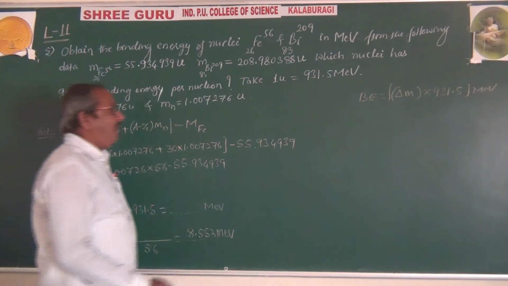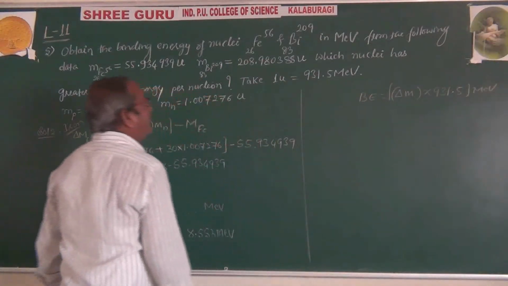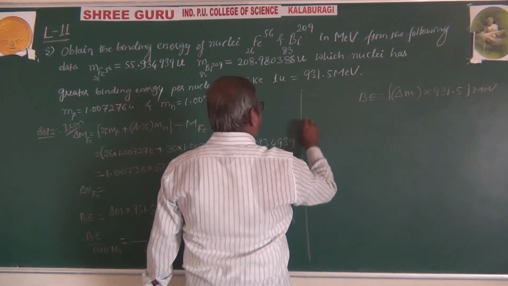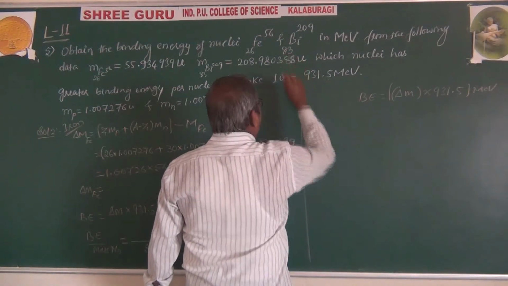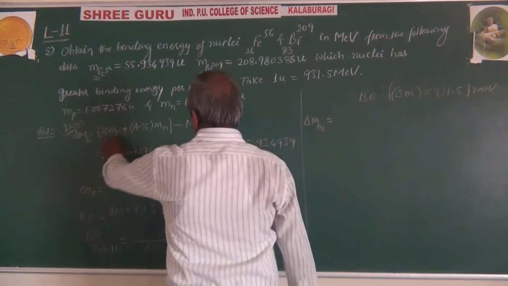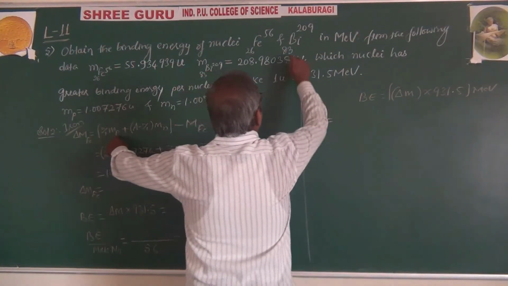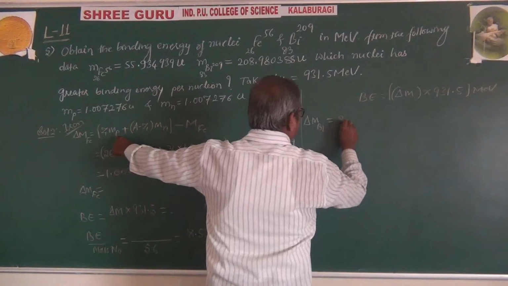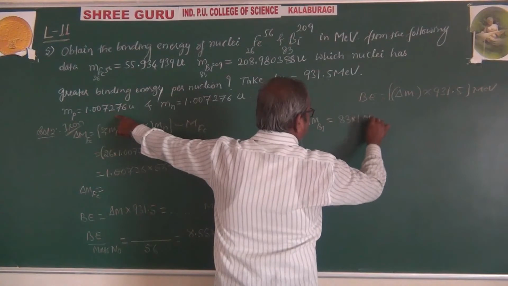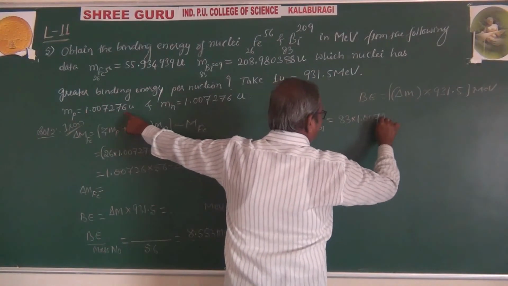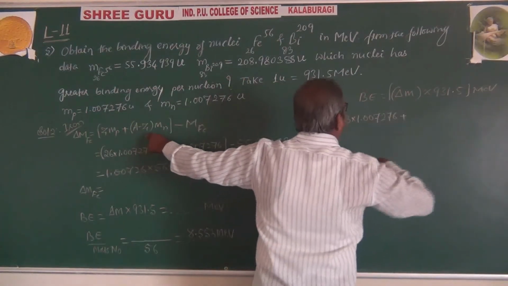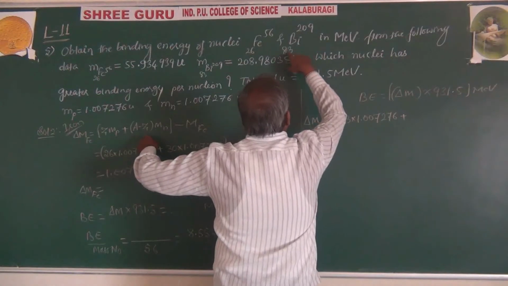Similarly, we will go for the binding energy for bismuth. So here delta m of Bi equals the sum of Z times mass of proton. Z is how much here? 83, into the mass of proton 1.007276, plus A minus Z, here 209 minus 83,